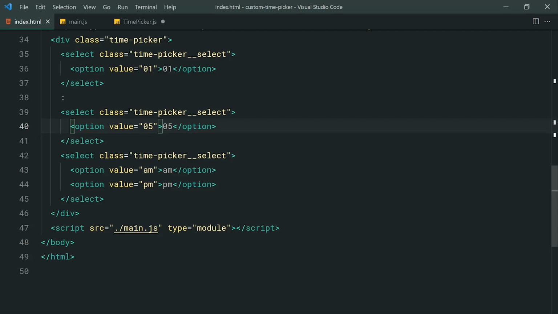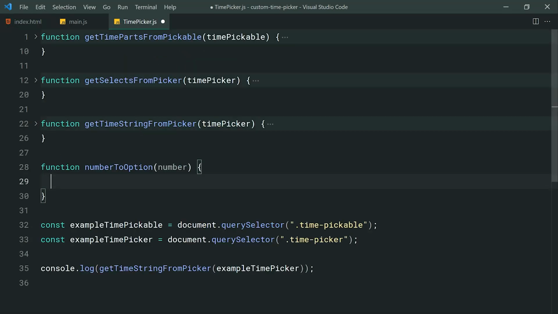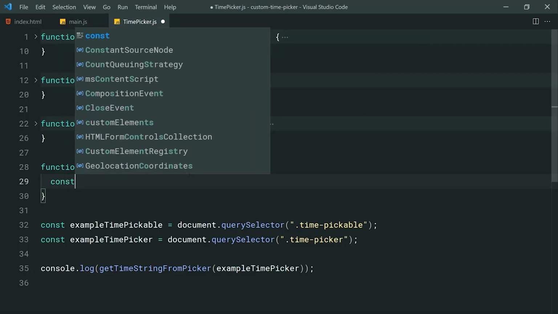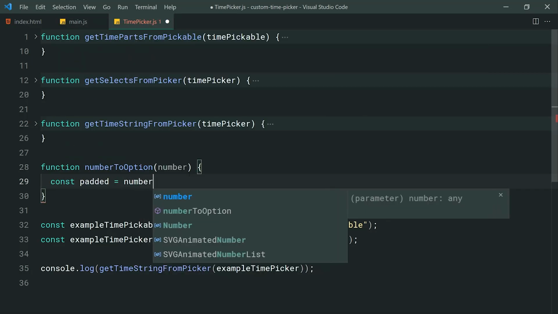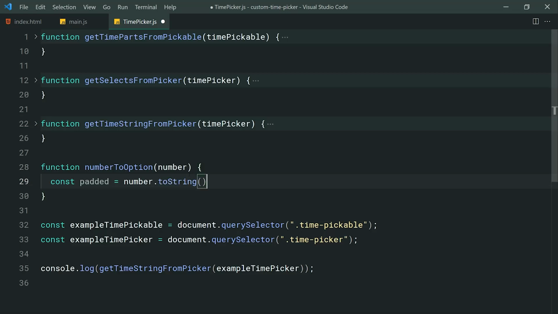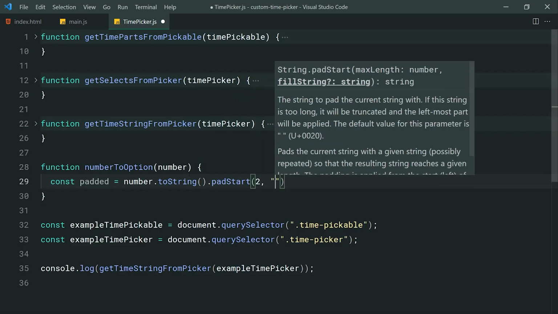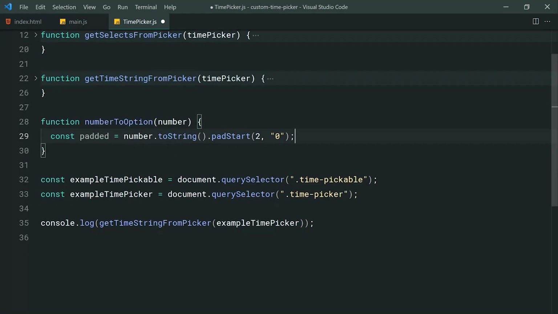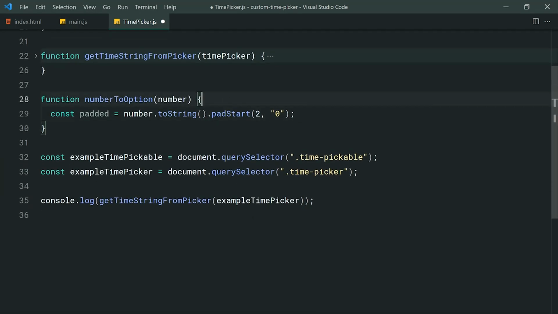Inside here, we're going to say const padded is equal to number.toString().padStart(2, 0). So what is this line of code doing? Well, basically, this number could be something like 5. We're saying let's get 5, then convert it to a string. Then we're going to pad the start of that number and essentially put a 0 in front of the 5 if it's a